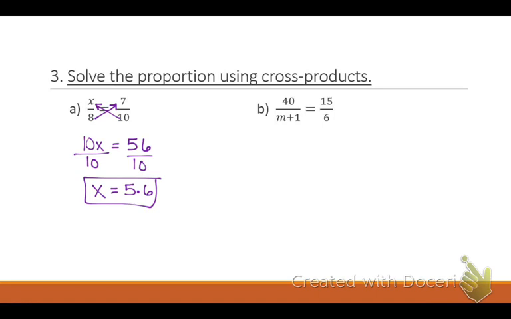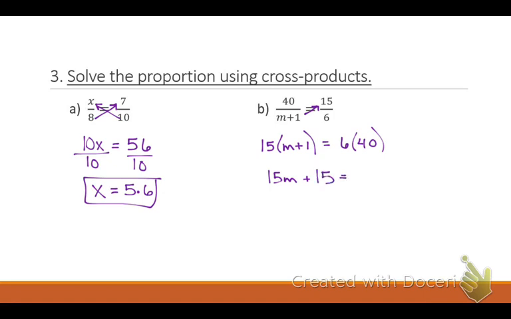All right, what do you see that's different on this next one? There's a plus 1. There's an m plus 1. All right, now I still do, this is definitely an example of when cross products is the only one that works. Okay, so m plus 1, I still do my cross products in multiplying that by 15, but now look what it looks like. Because I can't do m plus 1, but I know I have to multiply it by 15, equals 6 times 40. So now my cross products turn into, starts with a D, distributive. Turns into distributive property. 15 times m is 15 times 1 is